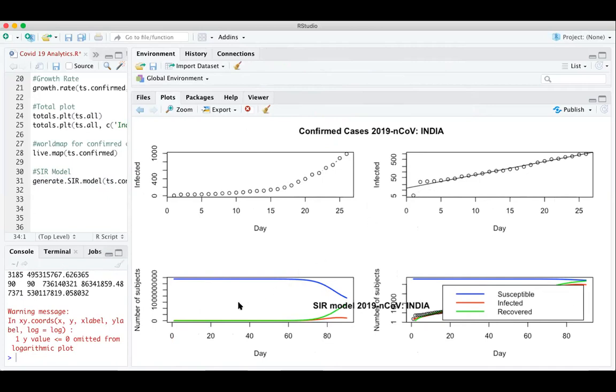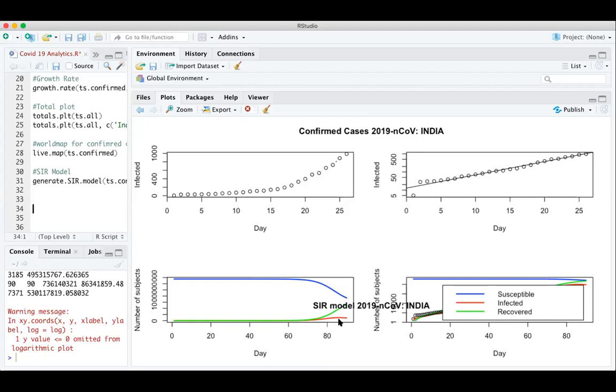In the lower graph, which shows the number of subjects, you can see the data is taken for 18 days, and the line indicated by green color is the recovery line. However, you can see the peak for the infected count is now going down a little bit, and it will come down after almost 90 days.